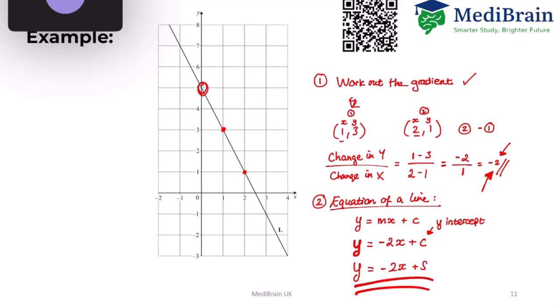Then what you do is you get your equation of the line. You know that equation of the line is going to be y equals mx plus c. You've worked out the gradient, so substitute in the gradient in place of m. Once you've substituted in the gradient in place of m, then you can work out your y-intercept, okay? By looking at the graph, you can see where it crosses the y-axis, where it touches the y-axis, and that number will be your c, okay? And then if you combine that together, you will get your equation of a line, y equals minus 2x plus 5,